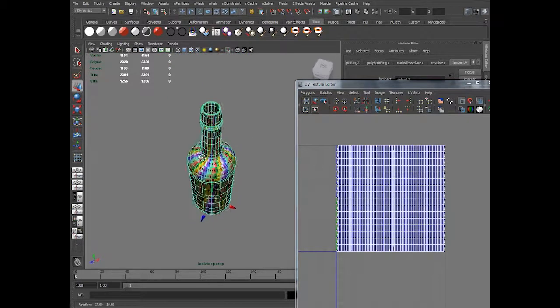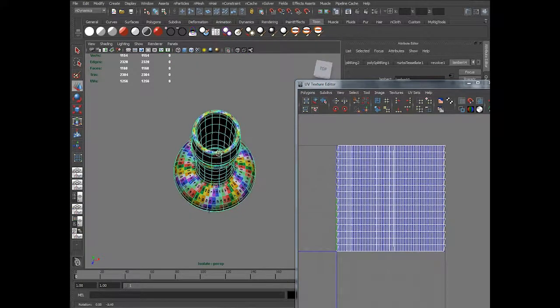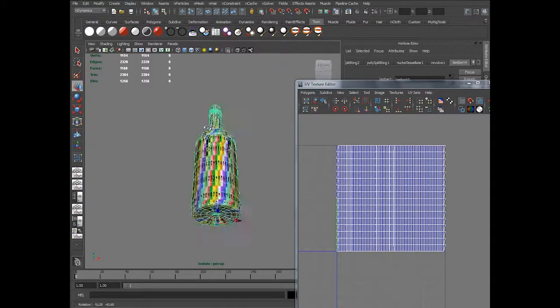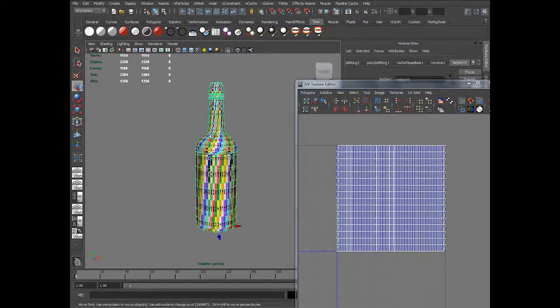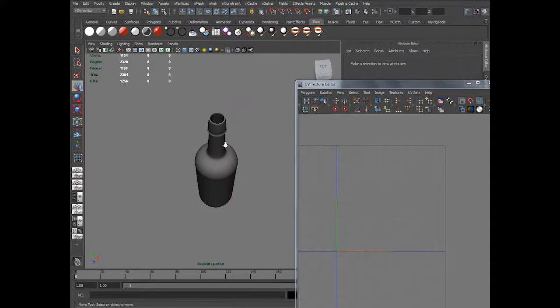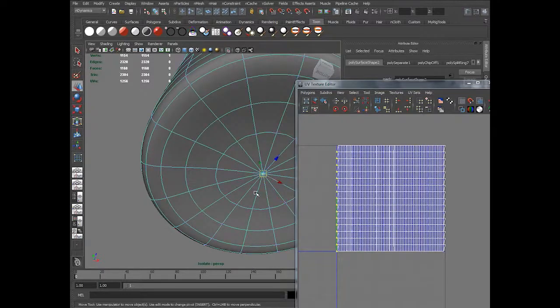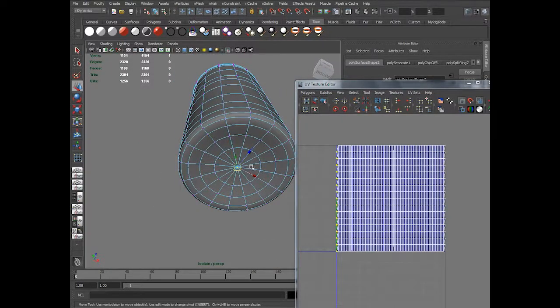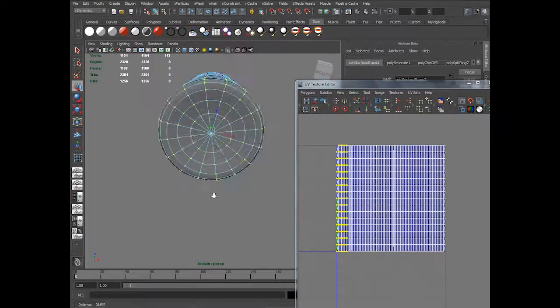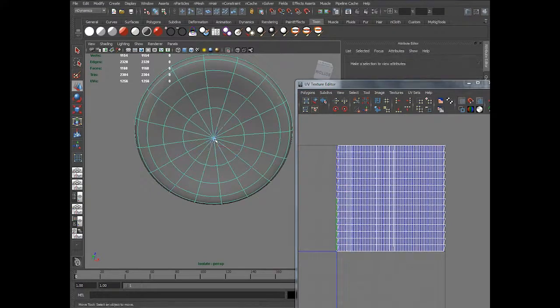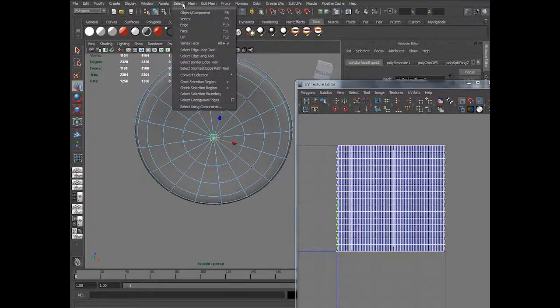This one, I select that vertex and use the grow selection tool. Grow selection is in the select menu.